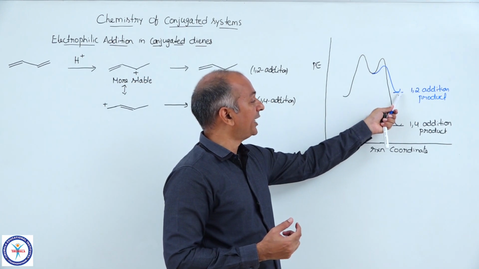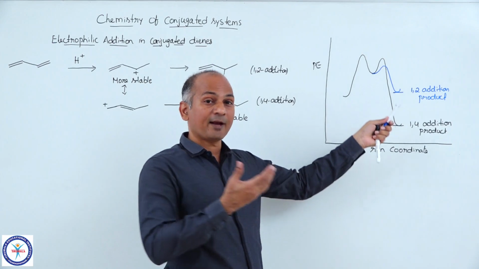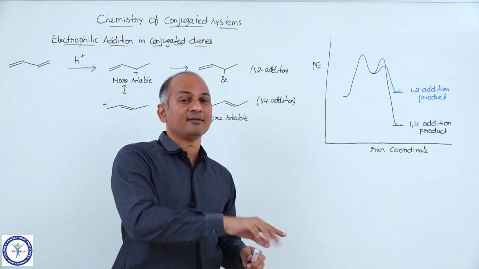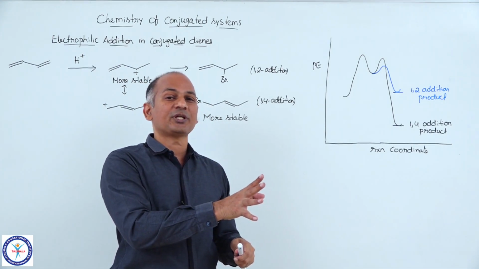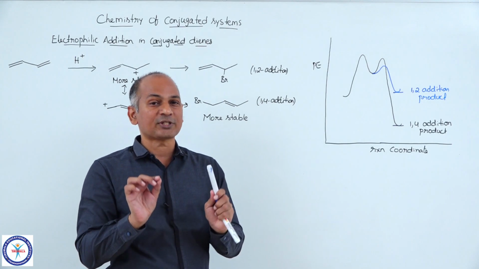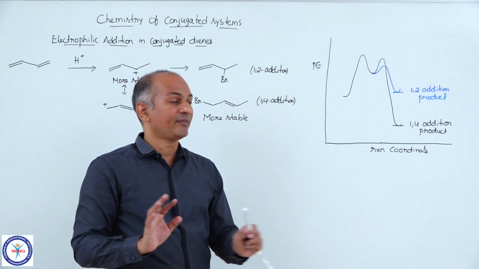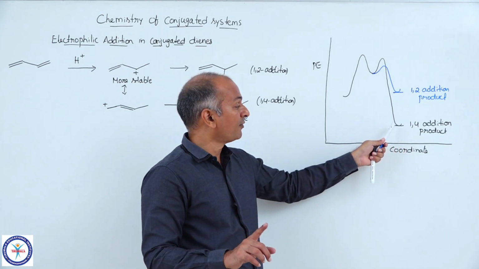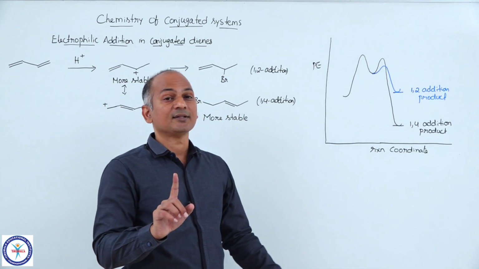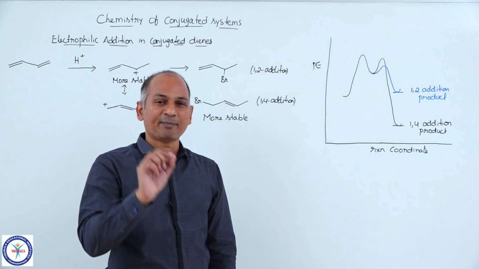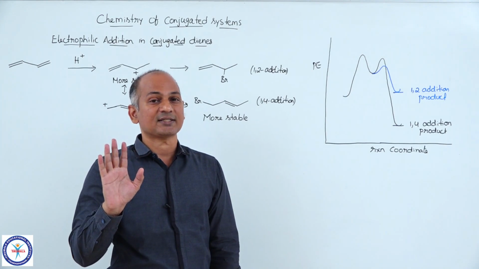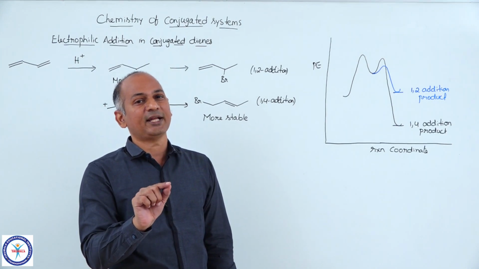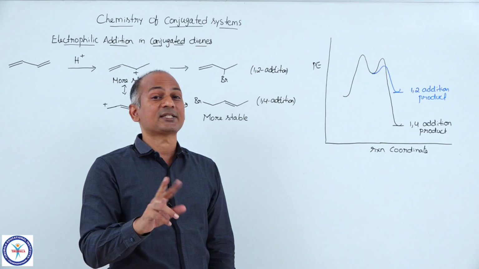So these 1,2 addition product molecules will come back, and they get distributed in the ratio 8:2. Again they come back, again they are distributed in the 8:2 ratio. And like that, if you provide some time, then ultimately the 1,4 addition product becomes the major product. And all of you please remember, the 1,4 pathway, the black colored path, is never reversible, neither at minus 10 degrees Celsius nor at 25 degrees Celsius. But the blue colored path is irreversible at minus 10, but it becomes reversible at 25 degrees Celsius. And that makes the difference.